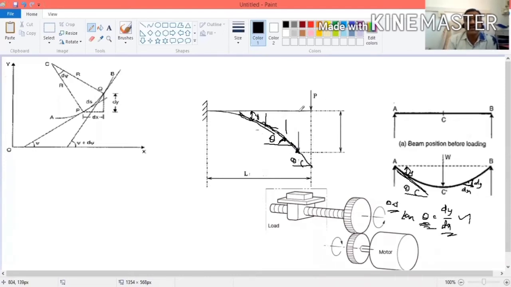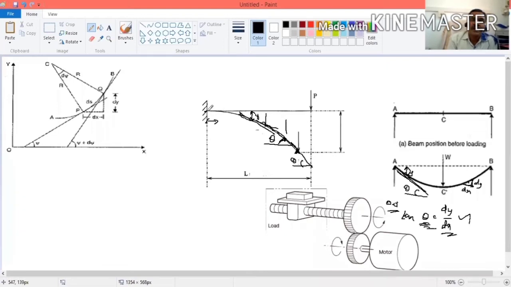That is, in the case of a cantilever beam, slope and deflection will be maximum at the free end. Where will slope and deflection be zero? In the case of a cantilever beam, since it is fixed, the beam will not start bending from this point. It will take bending after some distance only. So at the fixed end there is no deflection.